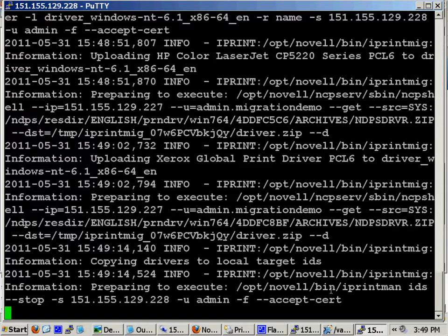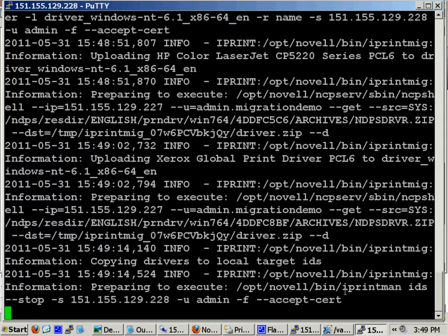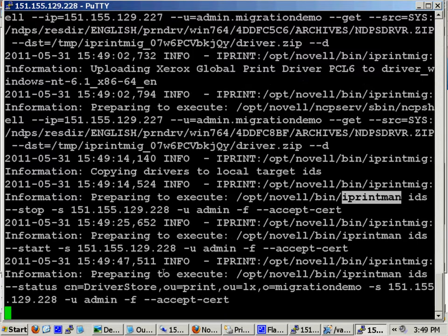And now we are stopping the driver store. We're using the iprint-man command, ids-stop, on server .228, which is my Linux server. Once this completes, it's going to then start to execute the XML file. That's the last step. The XML file, which I'll show you what it looks like after this migration is complete,